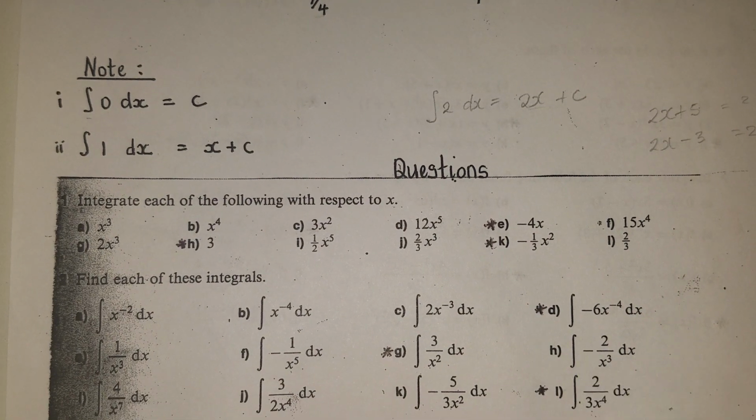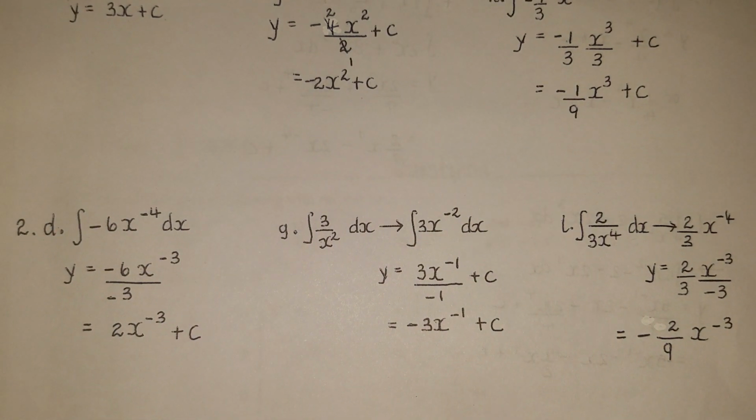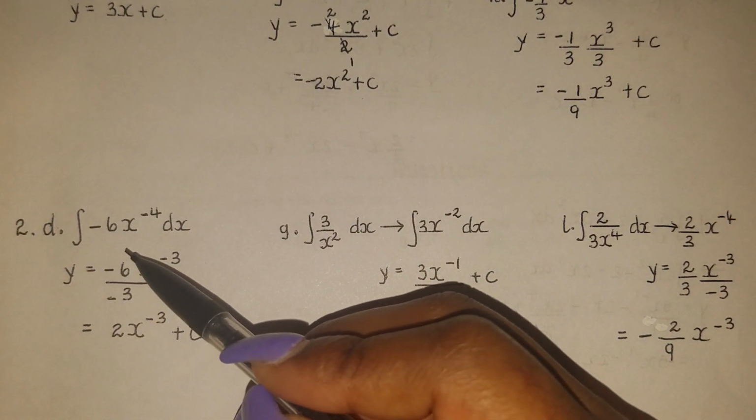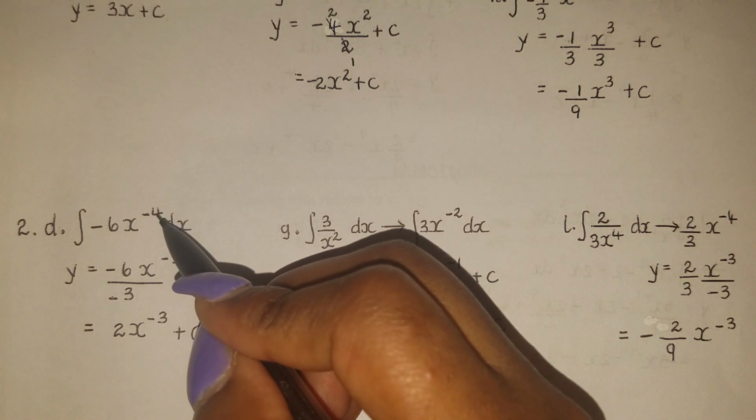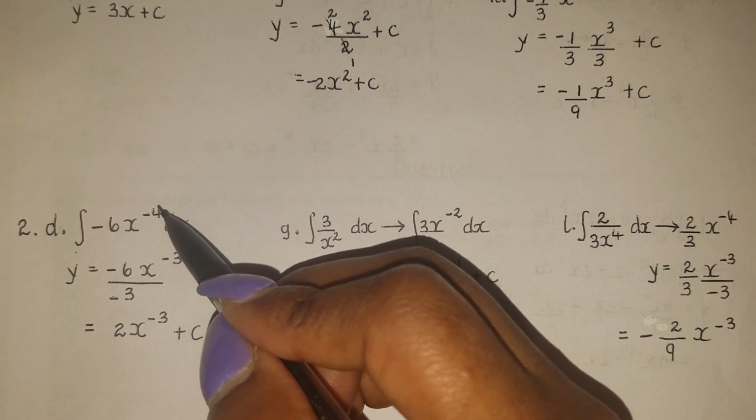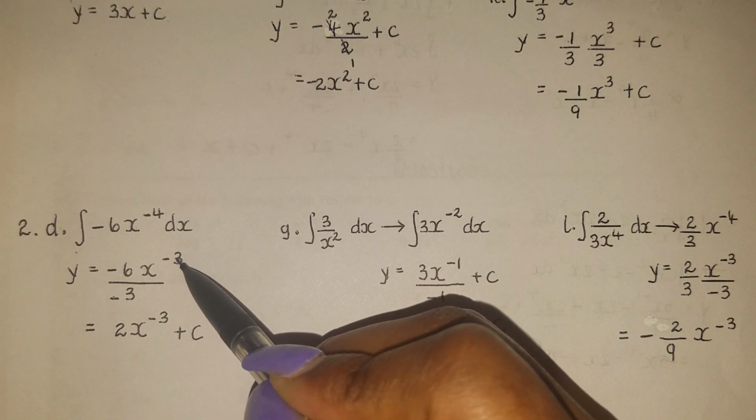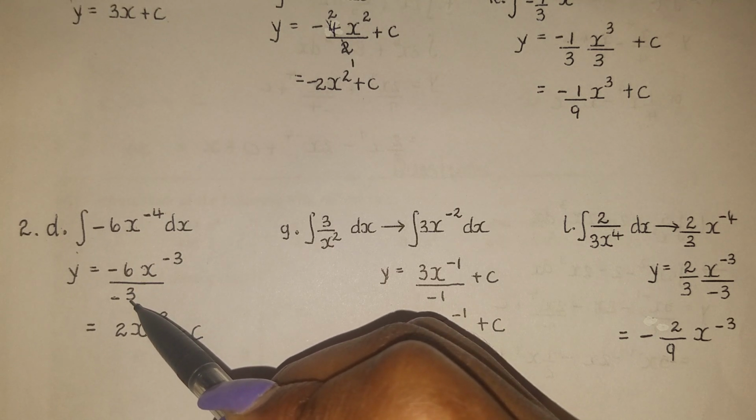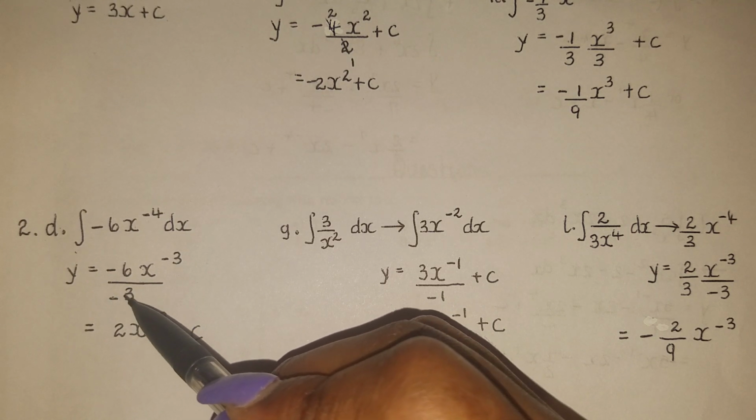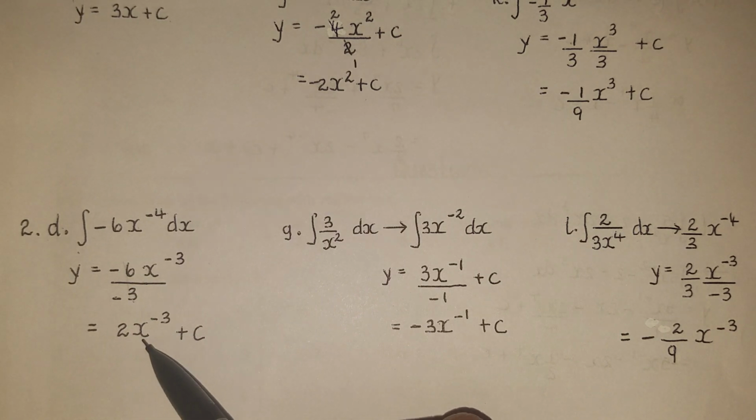In number 2, I chose to do questions D, G, and L. So question D says the integral of negative 6x raised to negative 4. If I add 1 to negative 4, I get negative 3, and I divide by that negative 3. So negative 6 divided by negative 3 will give you a positive 2, making our answer 2x raised to negative